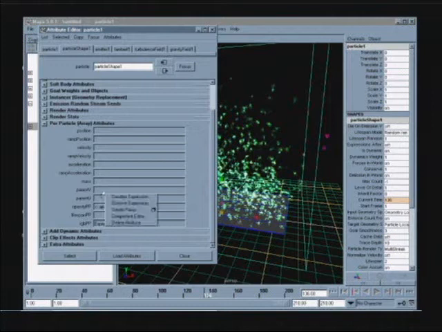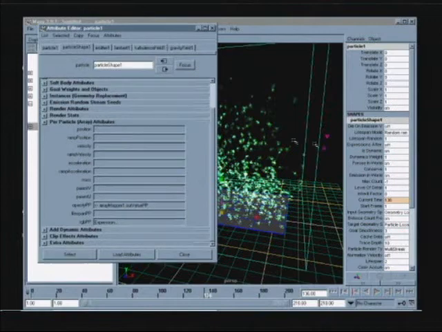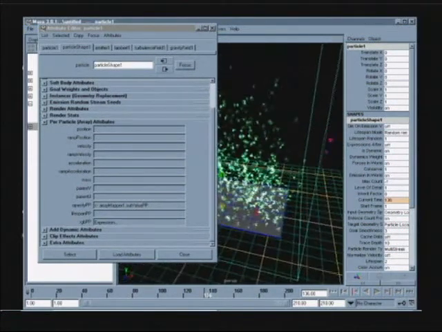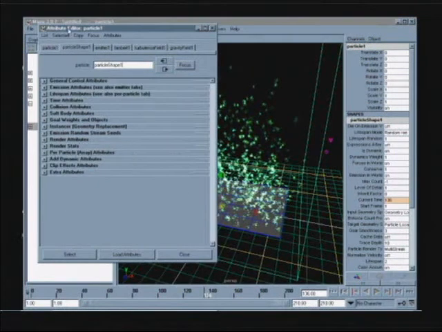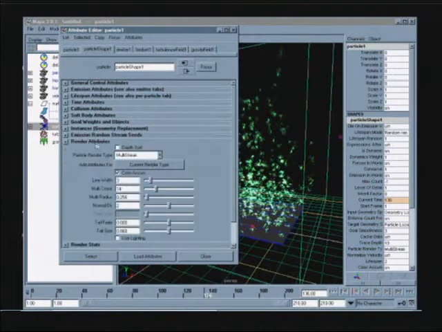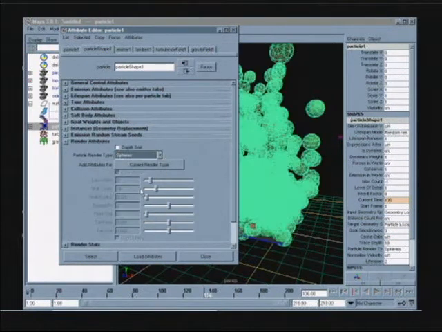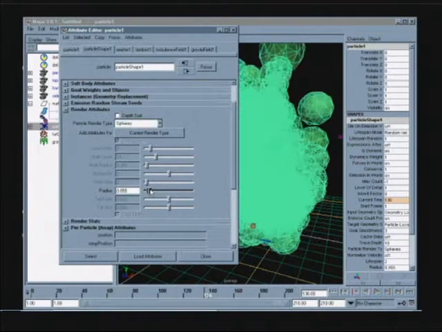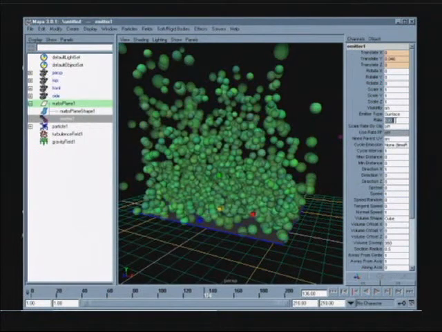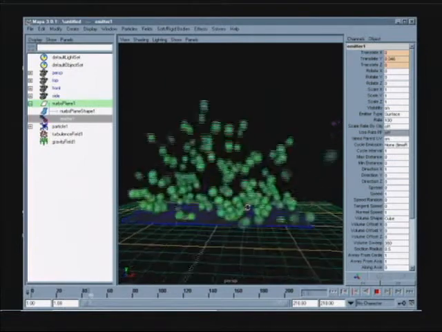So again, you wouldn't write an expression directly on parent U or parent V, but what I can do is have something about my particles change based on where on the surface they're emitted from. So I'm going to change them so they look, instead of multi-point, I'm going to switch them to spheres. And let me just go in here, and we can see that they've got radius. I'm going to lower that radius down a little bit, and then I'm going to go to the emitter and also lower the rate down to about 100,